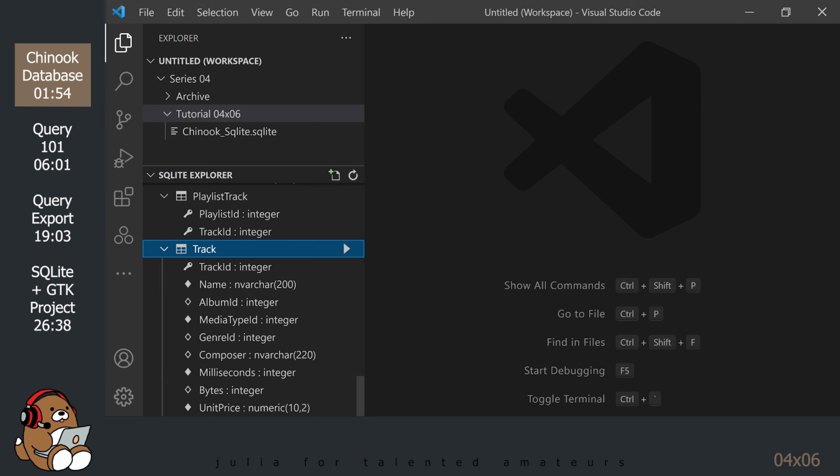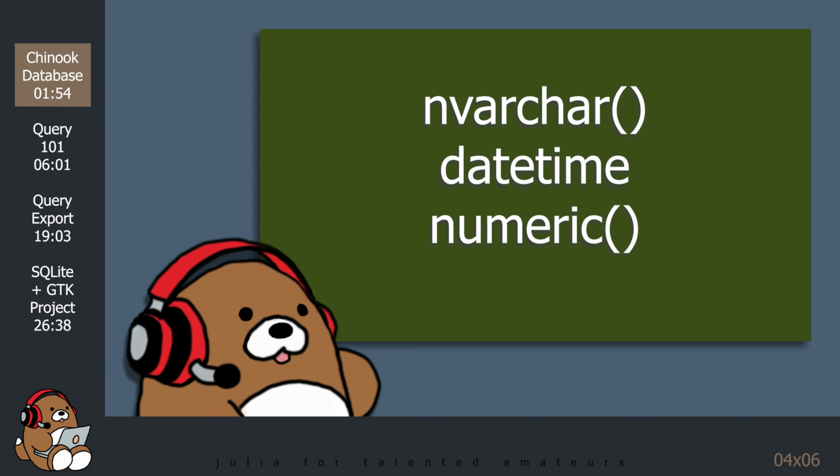There are a few data types that we did not discuss last week. For example, NVARCHAR, DATETIME, and NUMERIC. Some of these data types are used in different database languages and are not necessarily relevant to SQLite.